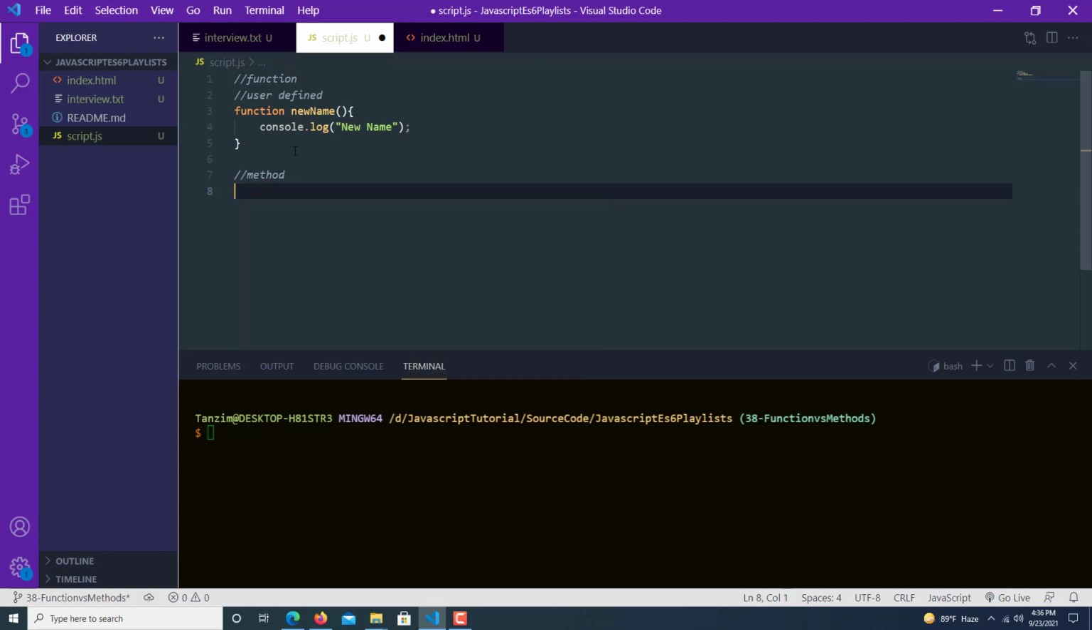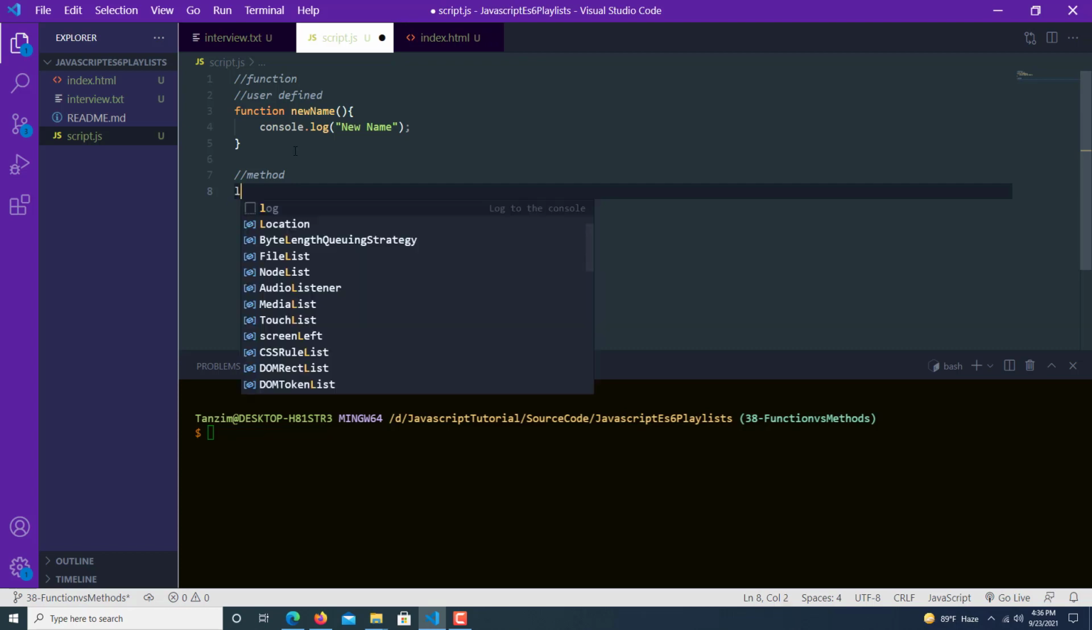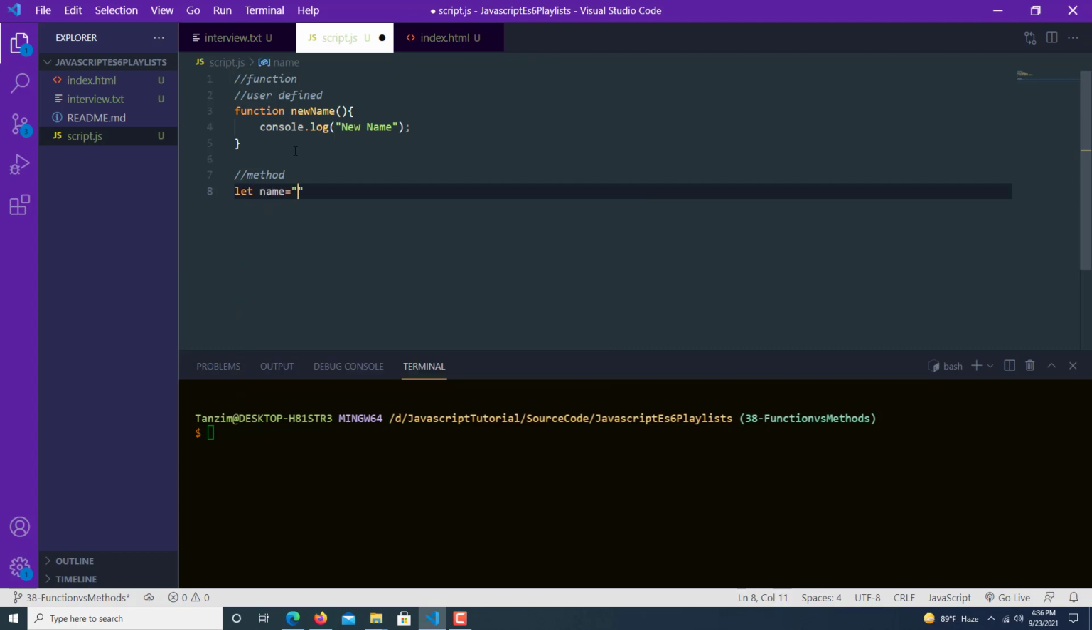Okay, sorry, if you write let name equals Tanzim, and now if you want to write something like name dot to, okay, sorry, name is a reserved word in JavaScript. So in future I will make a tutorial on all the reserved words in JavaScript. So as of now what I need to do is